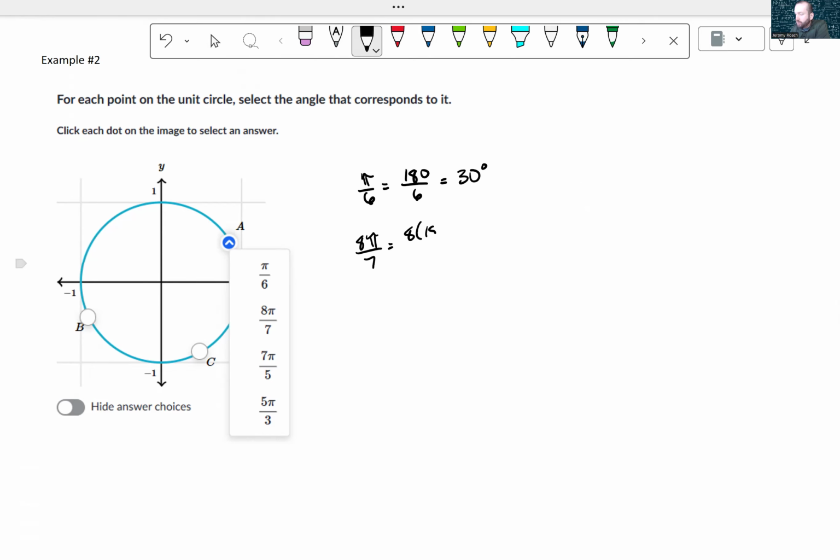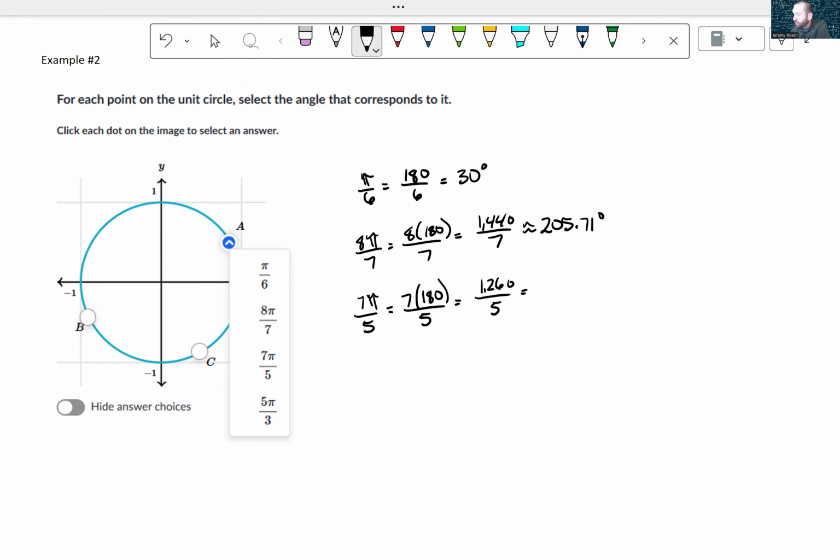It's 8 times 180 over 7. That's 1,440 over 7, or about 205.71 degrees. 7 pi over 5 is 7 times 180 over 5, which is